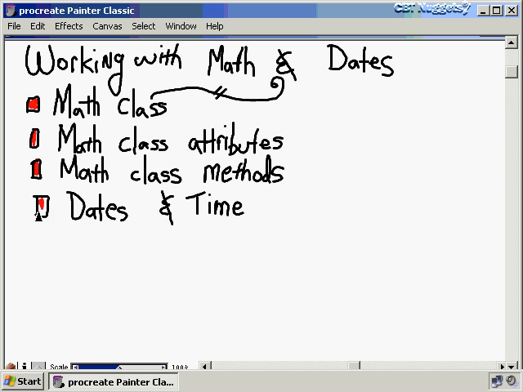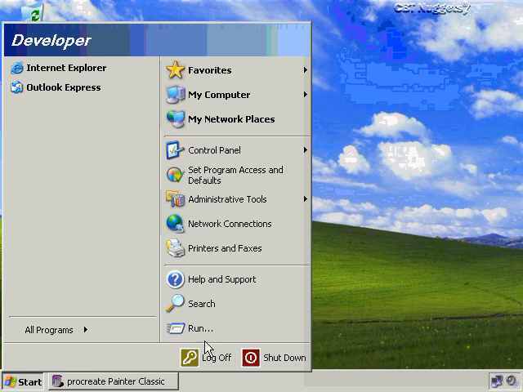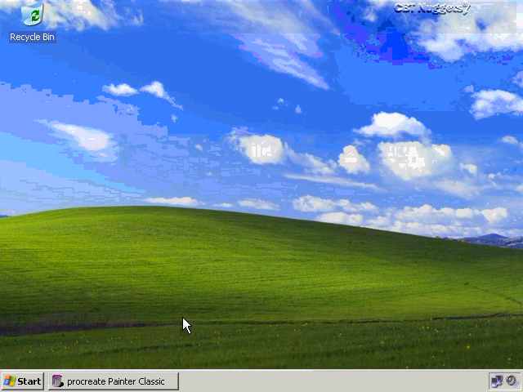Then what I want to show you is how to work with Java's mechanisms for utilizing dates and times. Let's say you wanted to have a time and date stamp within your application. Well, I want to show you the classes that come with Java to help you do that. To begin, let's jump out to the online website where we'll find all of our help